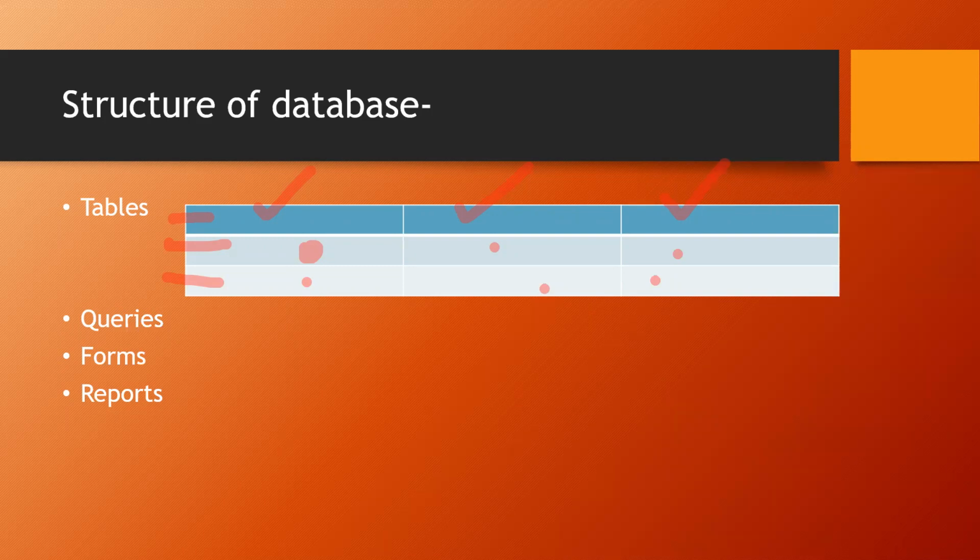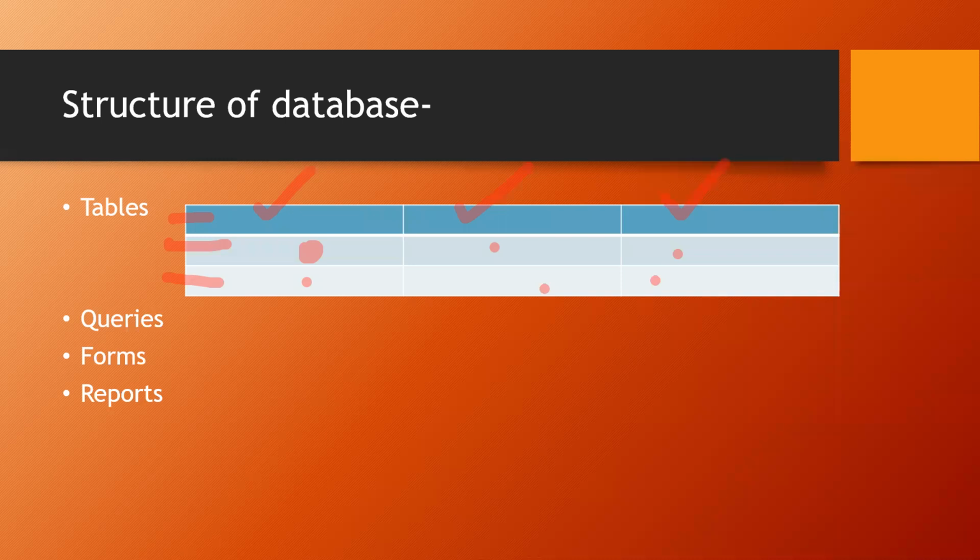Or suppose you have gone for a blood test. If the doctor gives you everything in the form of a paragraph, with nothing highlighted or explained, you will not be happy with that. But if the doctor gives you a proper report where the hemoglobin quantity, RBC, WBC, everything is mentioned in a proper tabular way, you will be happy to see your report. So a report is basically an organized manner of displaying data. Whether you display it or print it, it can be done both ways.